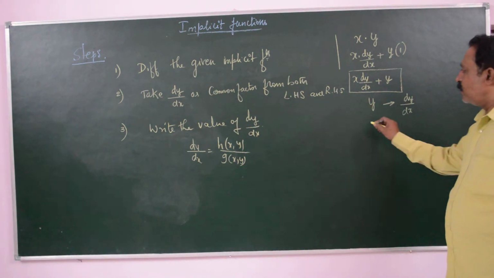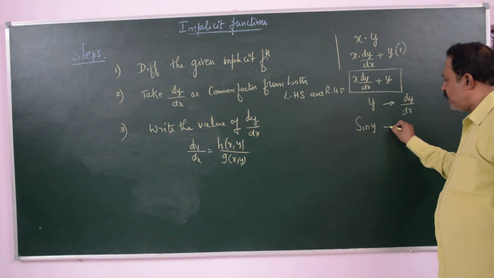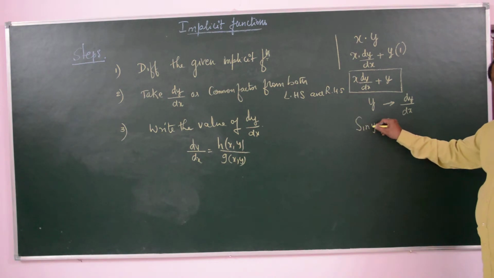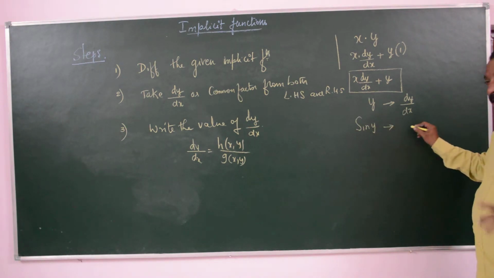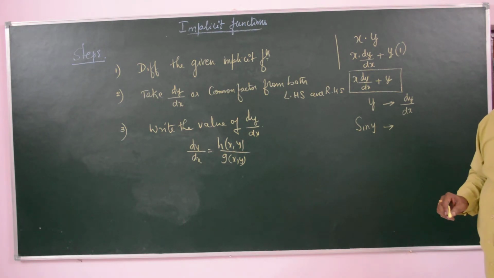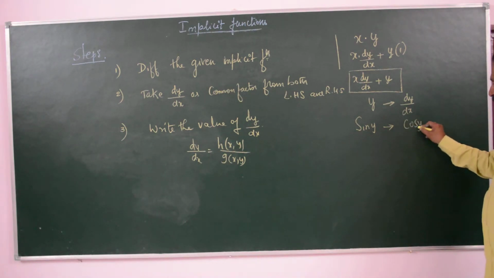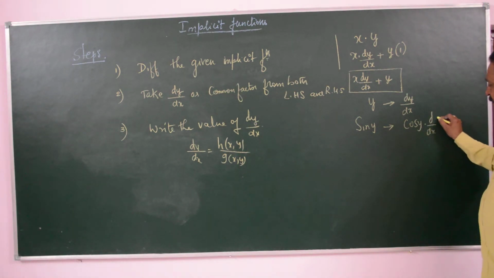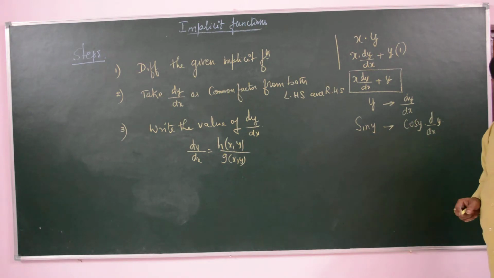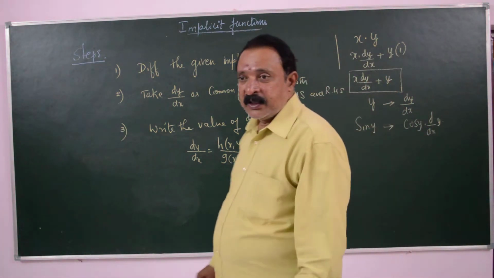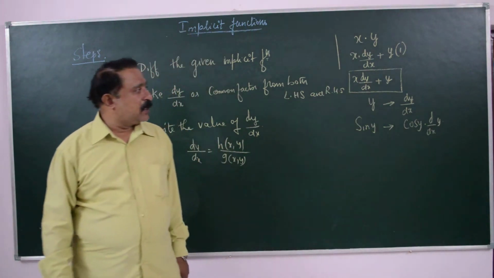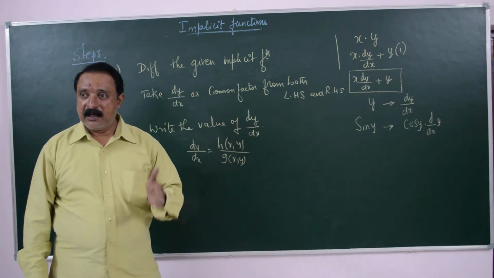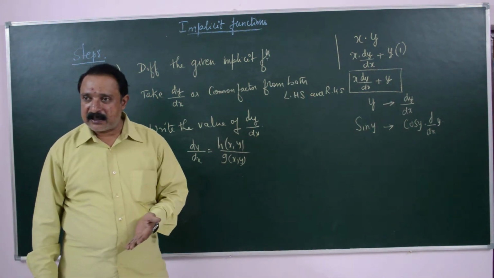And in an implicit function you may get sin y as a term to differentiate. What do you get if you differentiate sin y with respect to x? If you differentiate sin x, you get cos x. So if you differentiate sin y, you get cos y, and there you get d by dx of x, and here you get d by dx of y, that is dy by dx. So what is differentiation of sin y? Cos y into dy by dx. What is differentiation of cos y? Minus sin y into dy by dx. d by dx of y is nothing but dy by dx.